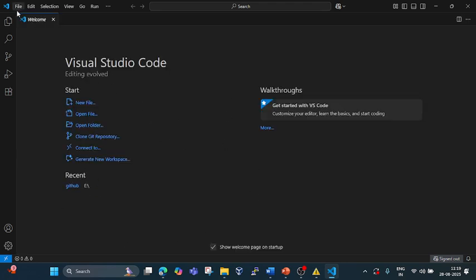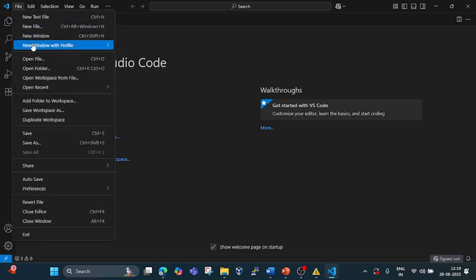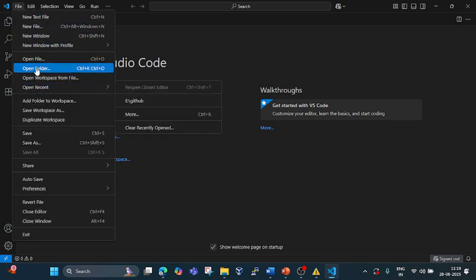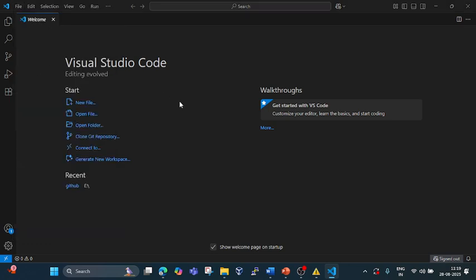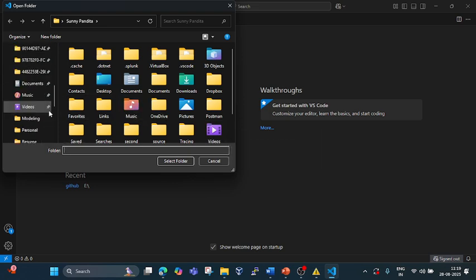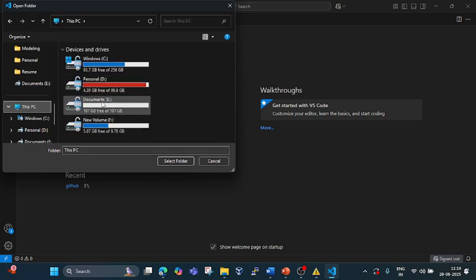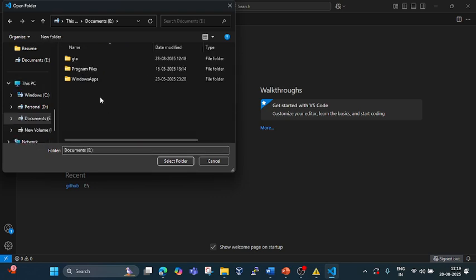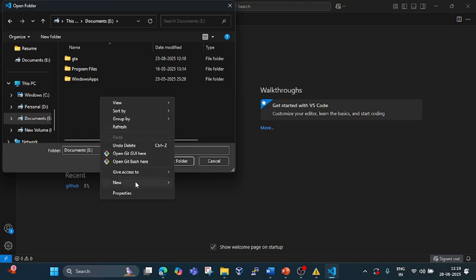What's next then? Click on File, Open Folder. Either you can use open folder, or you can create a new folder, or you can choose some existing folder. Let me create a new folder. So let me go to some drive. This PC, I have a drive here. Let's make some folder,